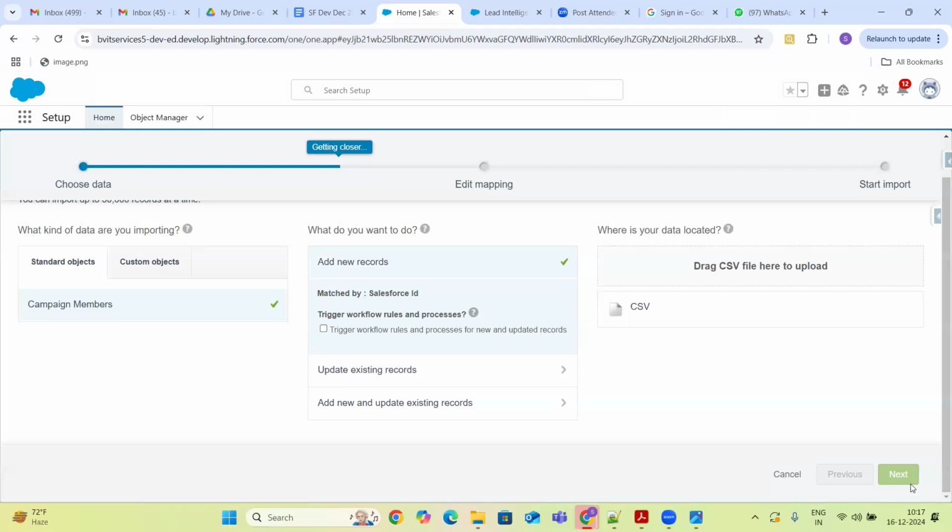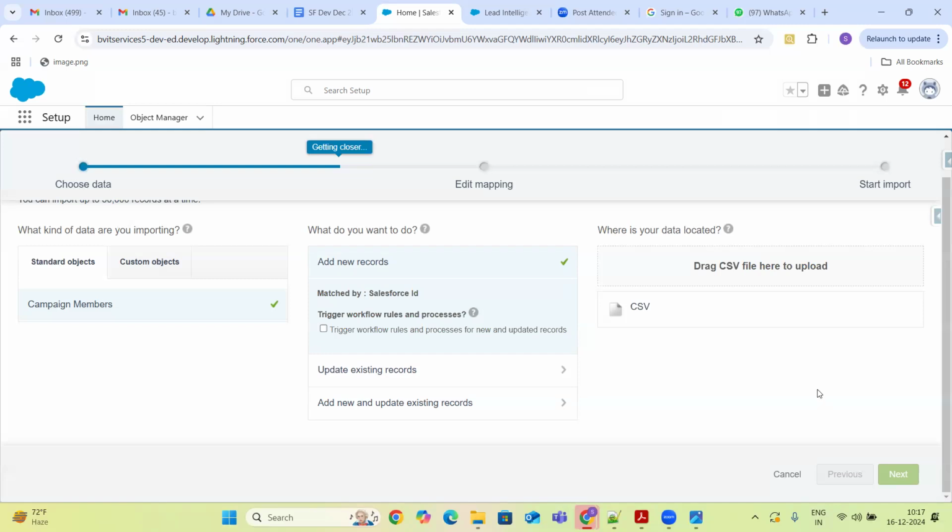Then automatically those members will get added as your campaign members. So that is the case if you want to create the campaign members directly.